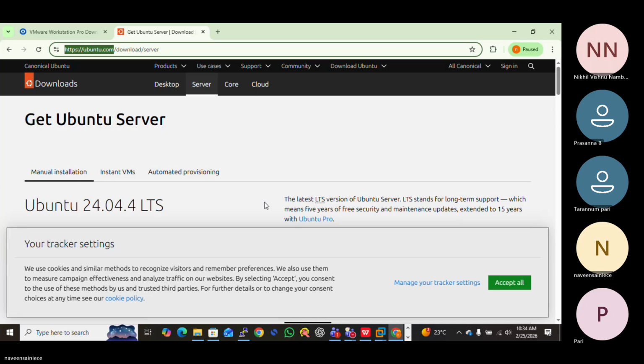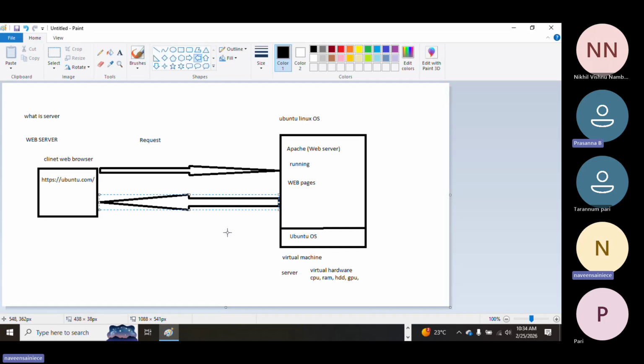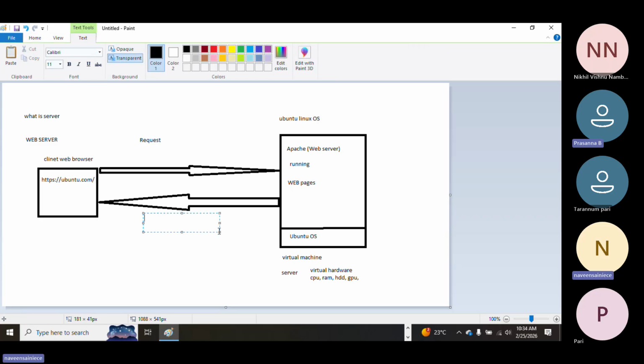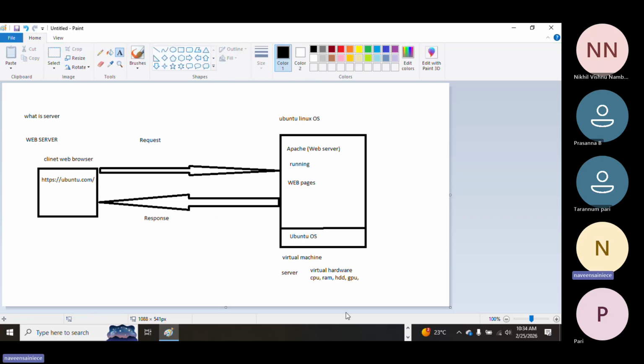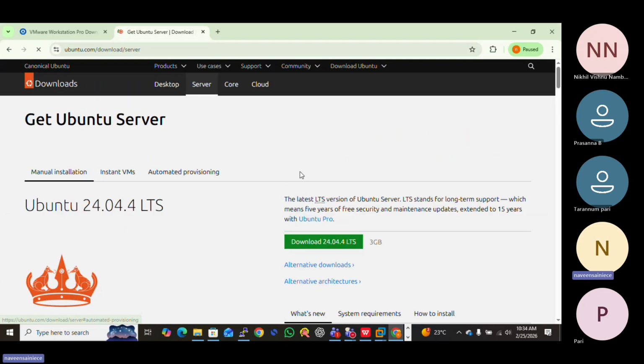What is web server? Okay, one doubt. Tell me. This part of the website you said, where we have to download the thing, right? But there are multiple options. Which one do we have to download actually? Multiple workstation options are there. Which one will I have to download? Wait. So here, the server version you are looking at, click on the download option.